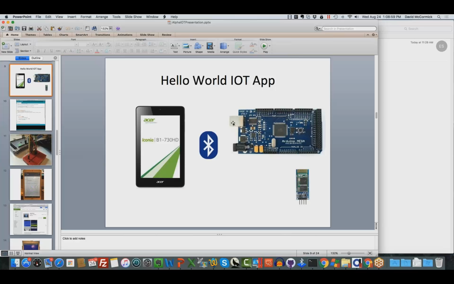So once the software was loaded on, the next thing I had to do was connect up this module here to the board. And for that, I used a breadboard. For any of you who have taken some basic electronics class, this may look familiar to you. Right here, basically, in the background is my Arduino board sitting on my desk. And then in the foreground, you'll see a picture of the HC06, which was the name of that Bluetooth module.